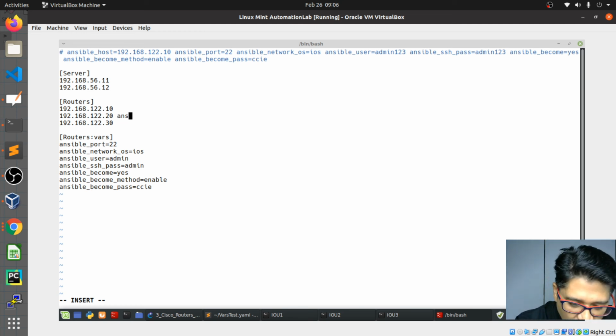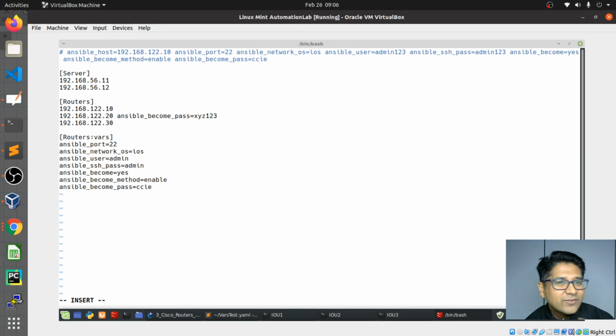You just have to go here and use the become pass parameter that you want to define locally. That's all. Suppose you have 100 devices, and 3 devices have a special configuration, you just have to define it for all 3 devices